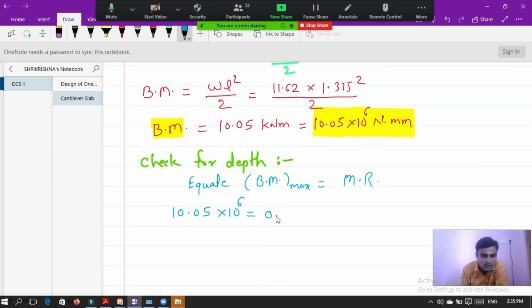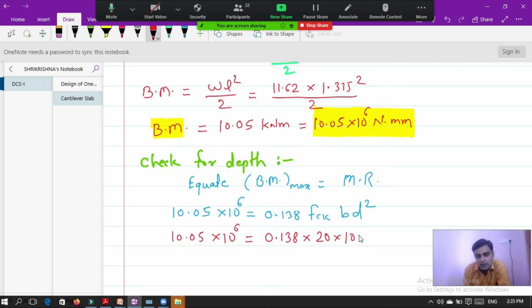The coefficient is 0.138. Then it is fck b d squared. This is the formula. So now after this, I can write over here 10.05 into 10 raised to 6 is equal to 0.138 into fck, which is 20, into b, which is 1000, into d, which is related with d required squared. So if you solve this, you will get d is equal to,